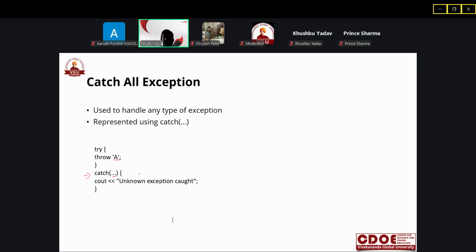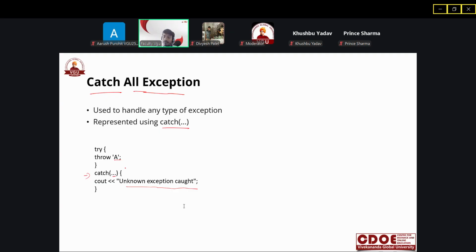We call this the catch-all exception block. This is the syntax of it, and whatever exception you are writing goes in the braces here. So I hope you got exception handling.